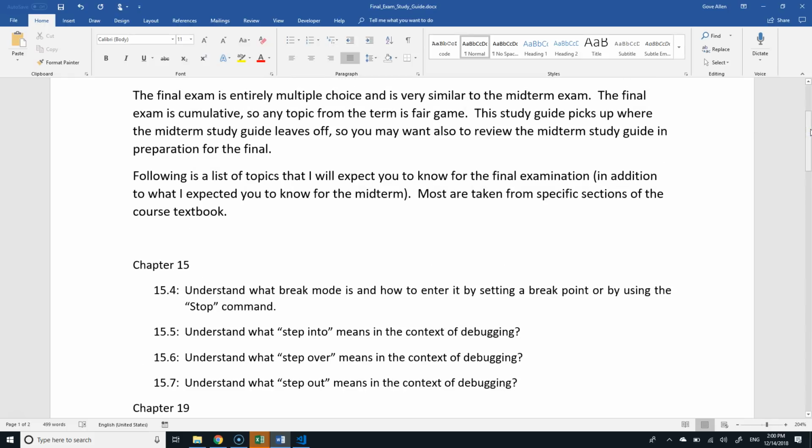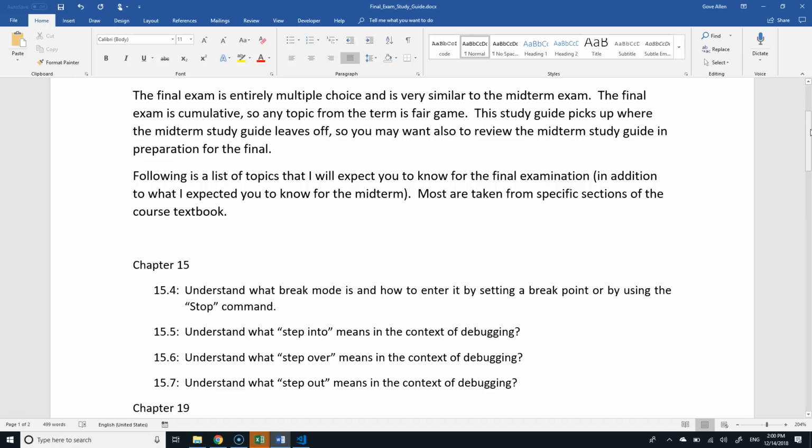Question: what about step out? Step out's only relevant if you're stepped in, or if you're executing in a sub-procedure that has been called from another sub-procedure. So you're down somewhere. I stepped into this thing, and I'm going line by line, and I realize the problem's not in this sub-procedure.